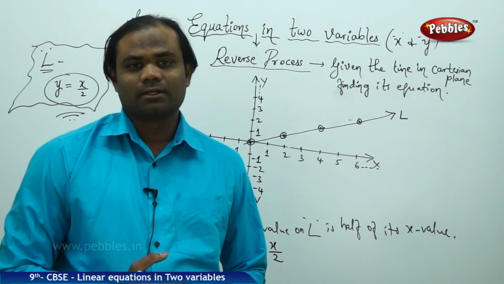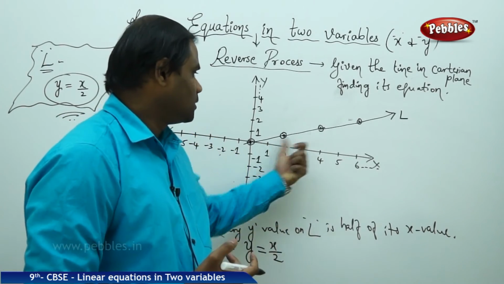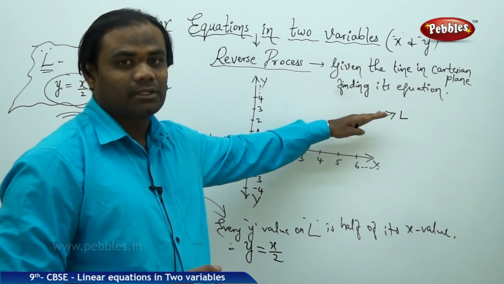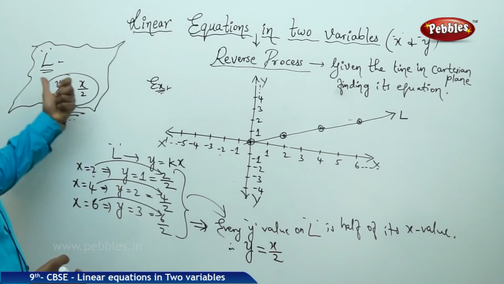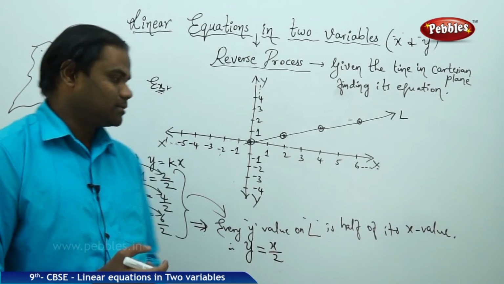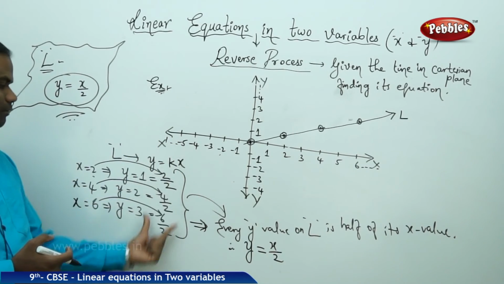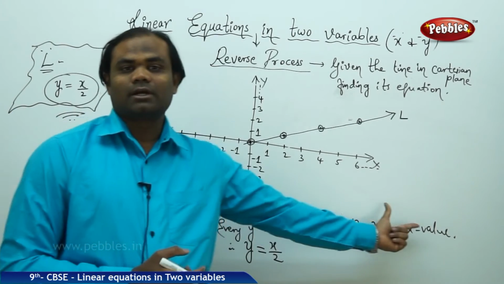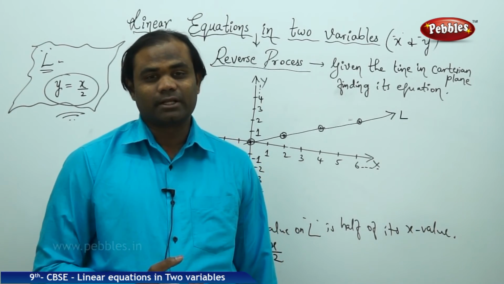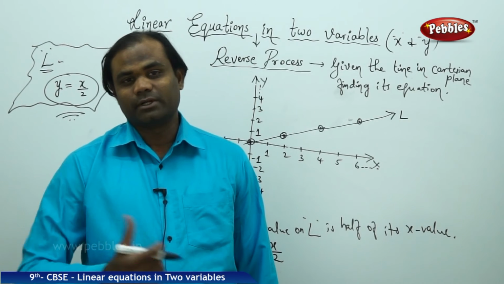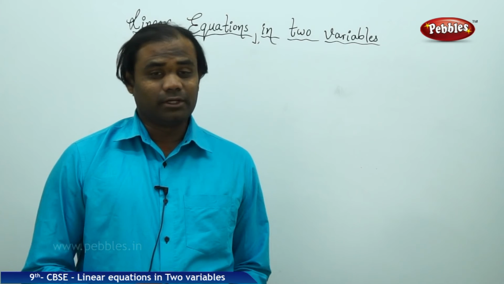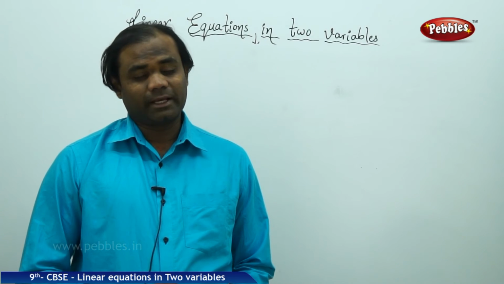The equation of a line can be identified through its line in the graph. This line in the Cartesian plane, with its equation y equal to x by 2, is investigated through its x coordinates and y coordinates, which gives me the condition. This is the reverse process of understanding the equation of a line through its Cartesian graph. Now that we have discussed linear equations in two variables x and y,